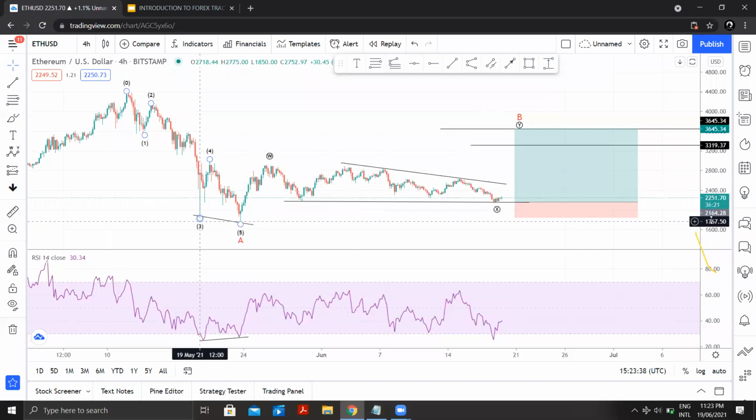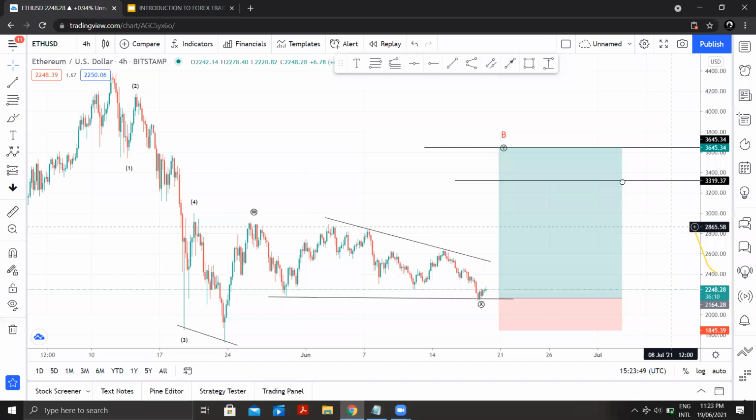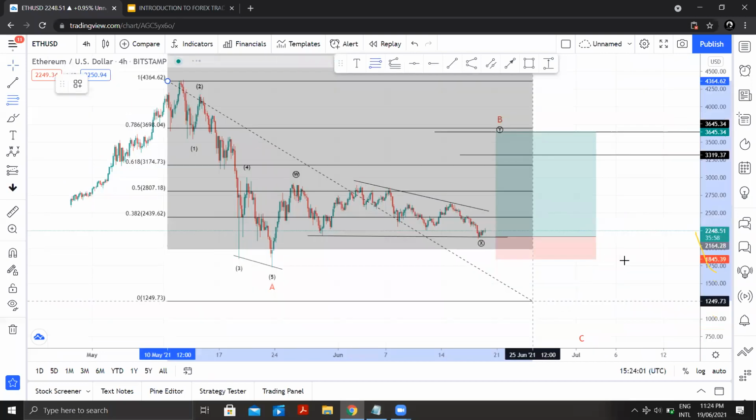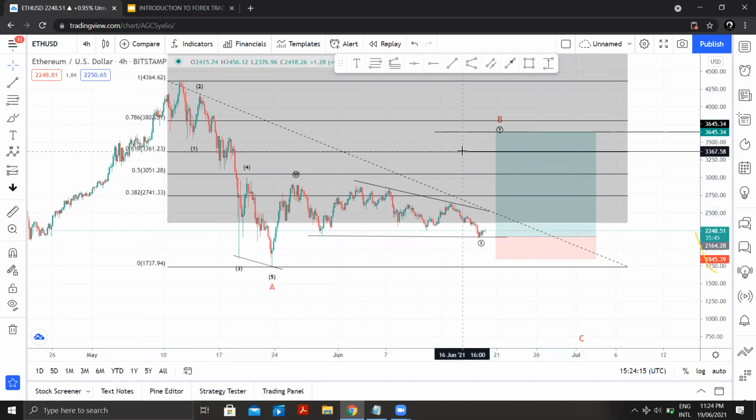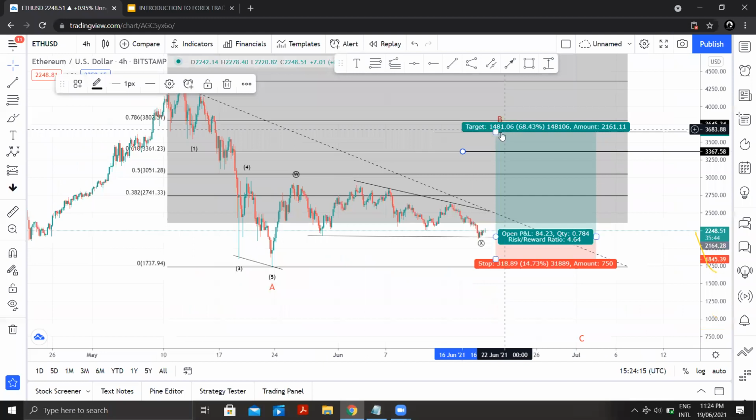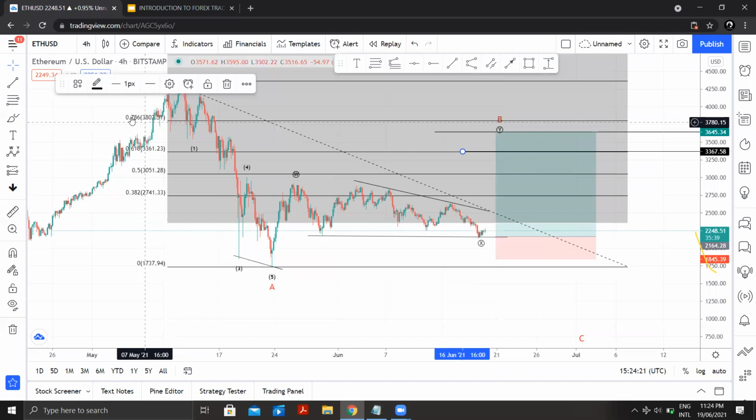So let me remove it now. I just use that divergence for confirmation. So there will be a retracement from price. And according to what I have here, after the 5 will move down, we have to calculate our retracement. Looking at our retracement, I have it that the retracement will stop at 0.618, which is this, but I have particularly placed my Fibo here based on price can surely come to